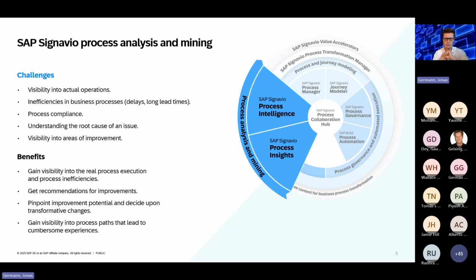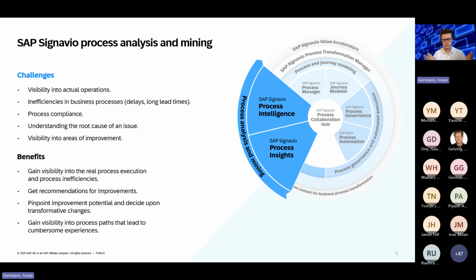A little bit to differentiate these two solutions. Process Insights is a solution to scan, for example, your SAP ECC, S/4HANA on-premise, CRM, these solutions, and to show you immediately your data and give you the option: okay, here you can improve by doing this. Here you can improve by doing that. Here is a possible error. So a scan and a recommendation plan.